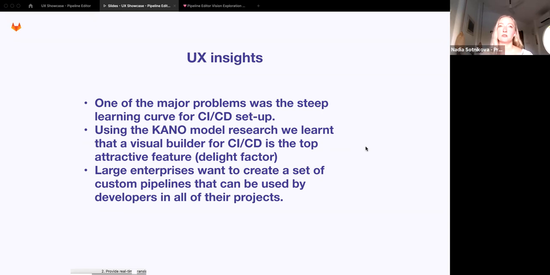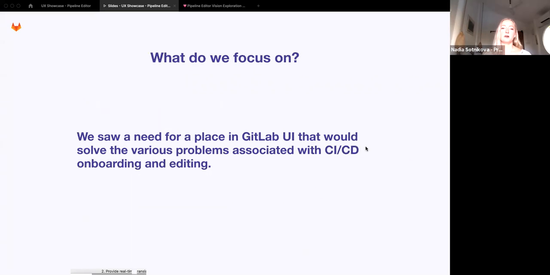And this is especially important for things like security, for example, where you want to make sure that every project in your organization runs this particular security pipeline or security job. And you want to make sure that it's always up to date as the manager of the organization. And as a developer, you want to be notified of those updates so you can opt in. So basically what we saw is a need for a place in GitLab UI to start making those improvements